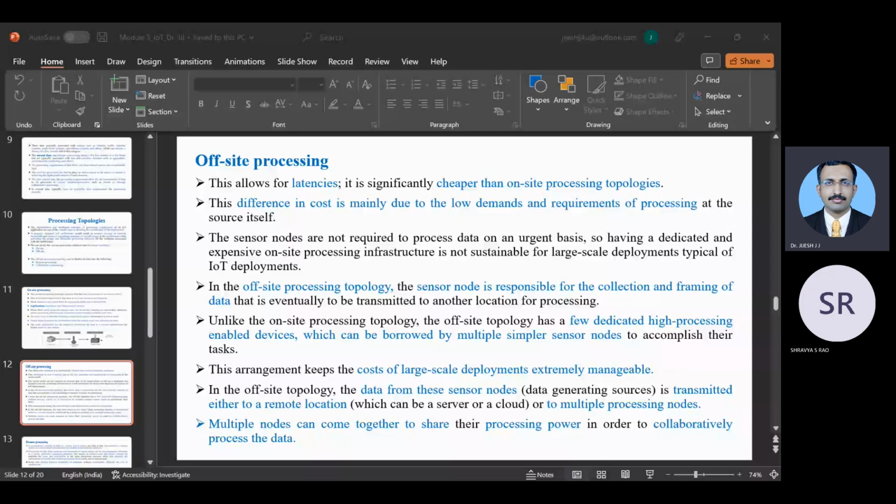When you are establishing a network, you have to make sure that the cost of the entire network is less. What is the reason? Let us take an example that one node costs you almost 10 to 20,000 rupees. You will be deploying hundreds of nodes, so it will multiply by 100. So that is the problem.